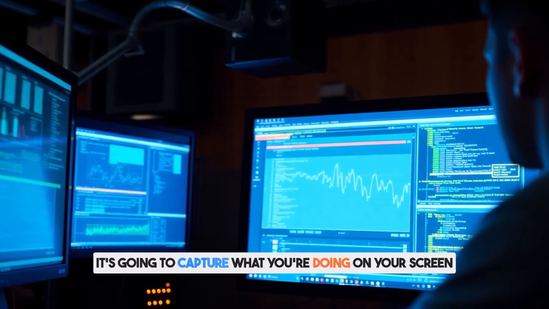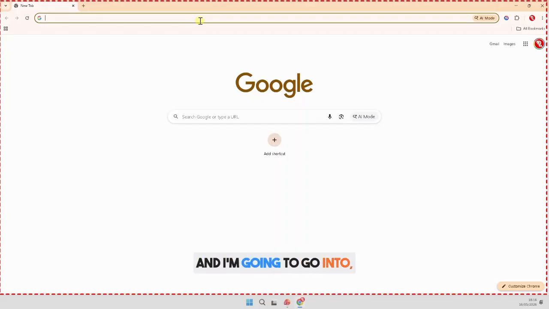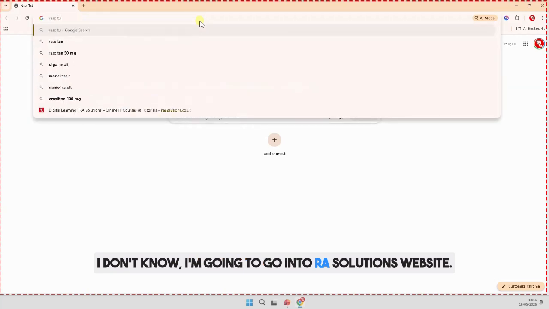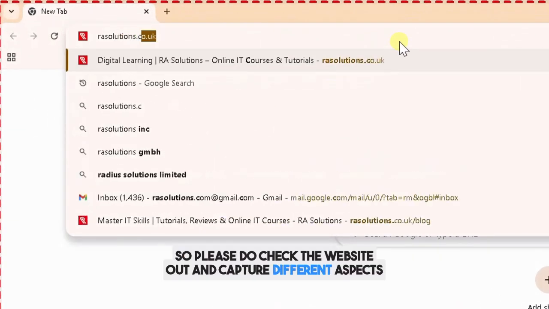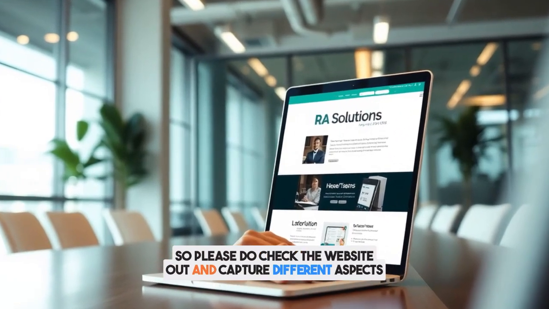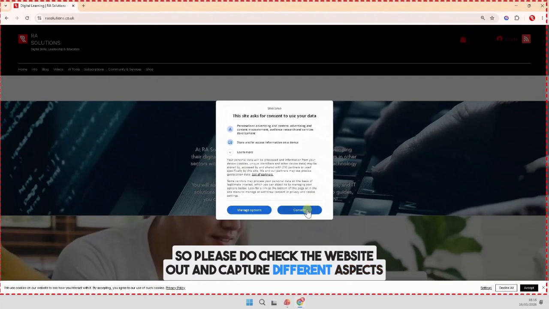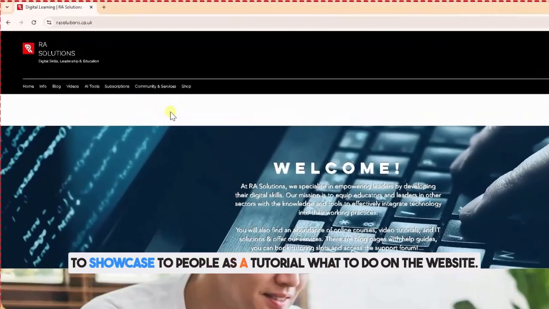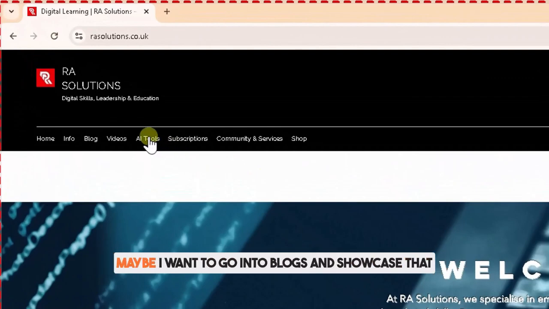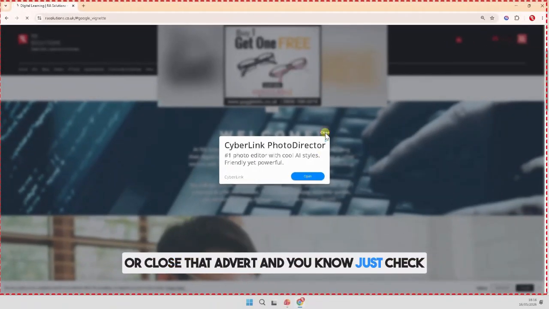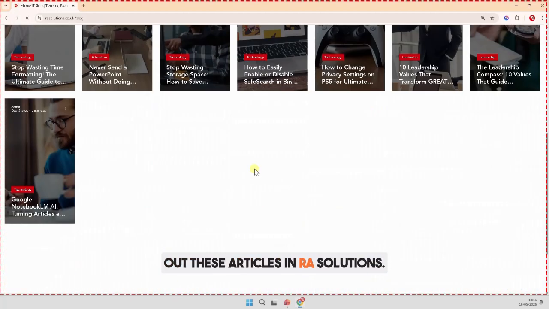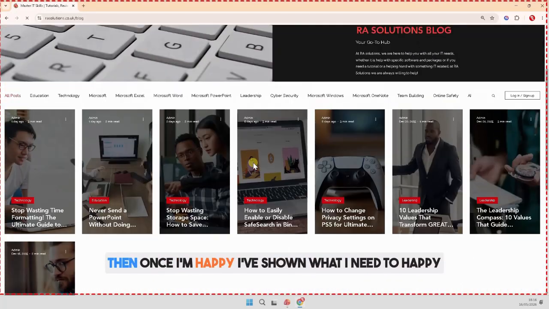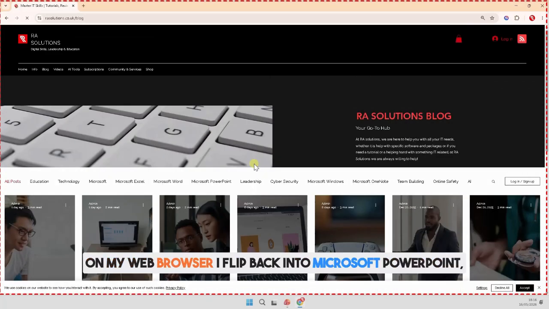It's going to capture what you're doing on your screen, and I'm going to go into RA Solutions website. So please do check the website out and capture different aspects to showcase to people as a tutorial of what to do on the website. Maybe I want to go into blogs and showcase that, or close that advert, and just check out these articles in RA Solutions. Then once I'm happy, I've shown what I need to on my web browser, flip back